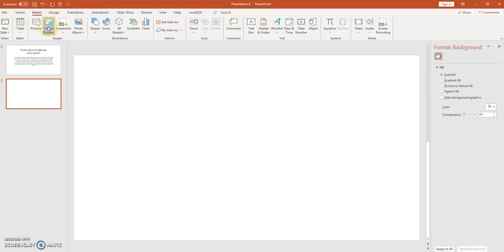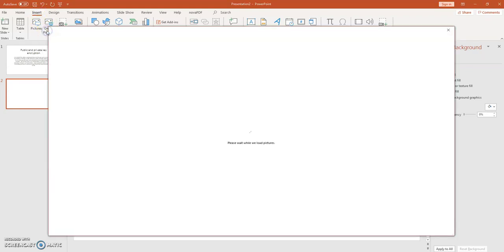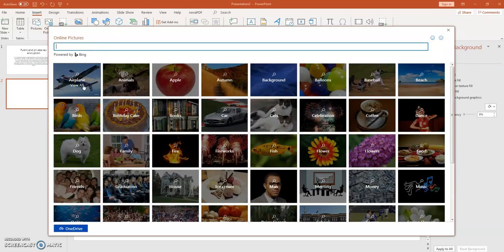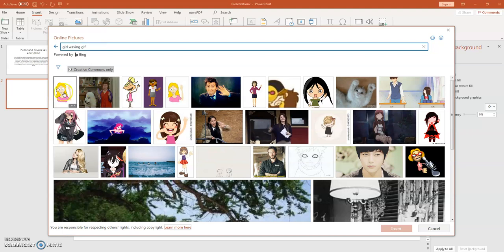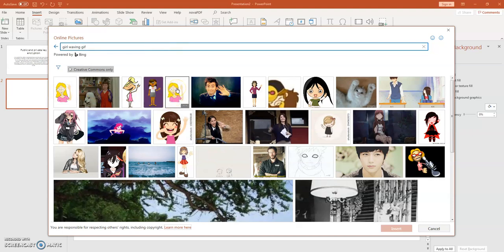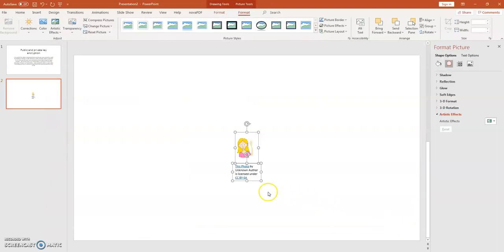So first thing I'm going to do is I'm going to add in a picture. So I've gone to Insert and I'm going to Online Pictures. And what I want is a girl waving and a GIF. Okay, and I'm just going to take this one because it looks pretty good. Click on that one and insert it. And we should get